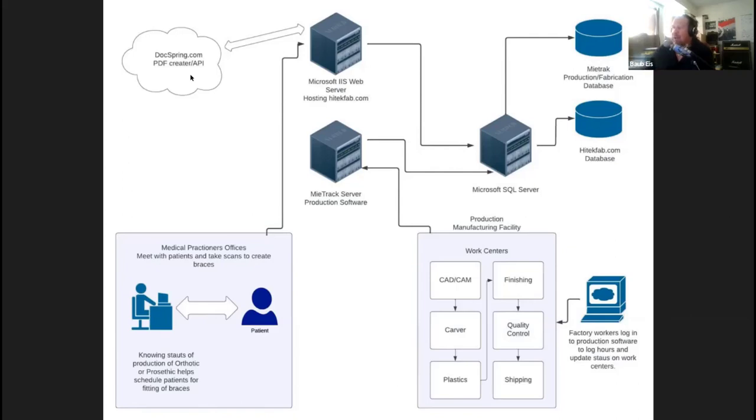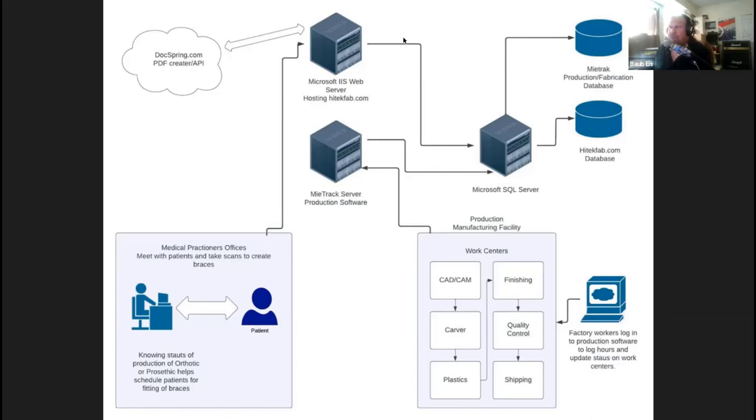The people working in the factory attach to the software through a local PC they have there, and it updates the status, and then the website can control through that. So it's pretty simple, but it's a little convoluted here, but we'll get into it. And I'll pull that image back up at the end once you've walked through it.